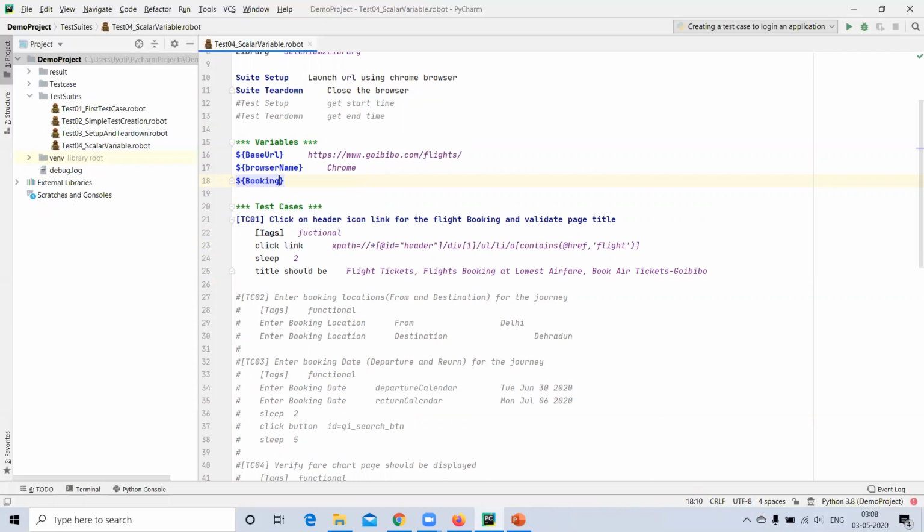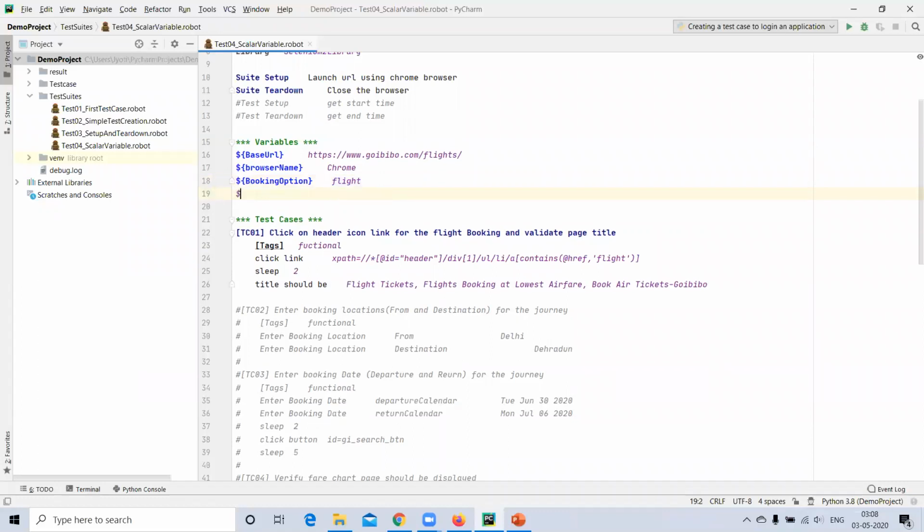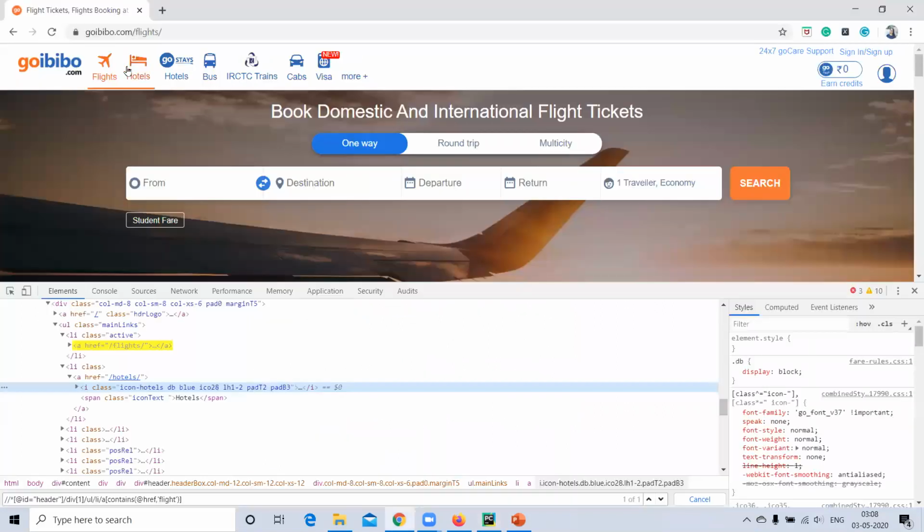So here I am providing the name as booking option. Then, in this scenario, I am providing flight. Then I will show you how we can click on hotels or any other links available on the site.